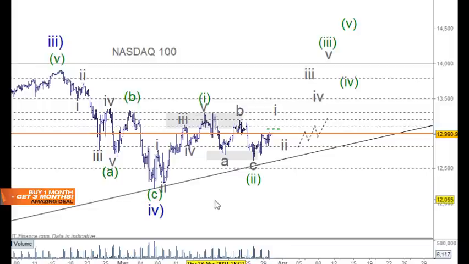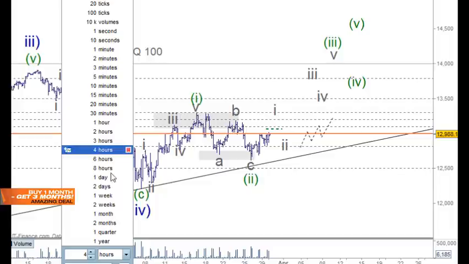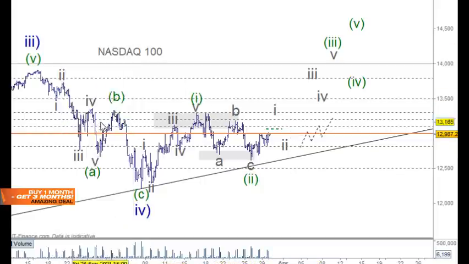But as far as I can see here, I have to stay with wave 4 here, and I have to stay with wave 1, an A and a B and a C wave for wave 2 here, and then we're starting to see a little impulse wave moving up here for the NASDAQ. We have been looking at getting in earlier here rather than on the level. The safe trade is on the level as support, right? And the